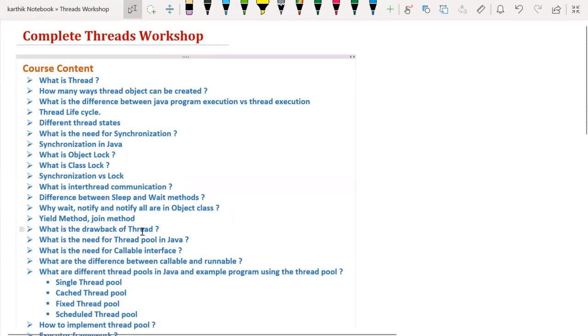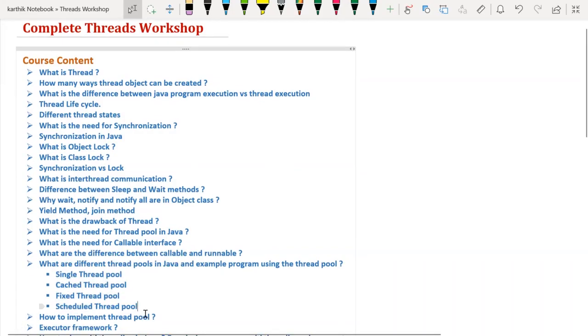So because of this drawback of a thread, we will go to the thread pools in Java. First of all, what is a thread pool? How many thread pools are present in Java? And how can I write a multi-threading program using a thread pool? There are basically 4 thread pools present. We are going to see the multi-threading program using the executor framework with these 4 thread pools, which I have